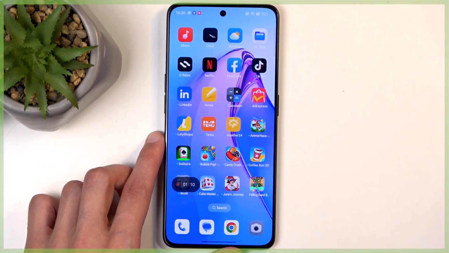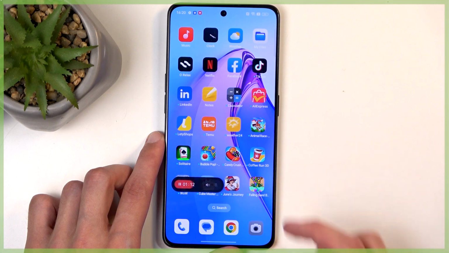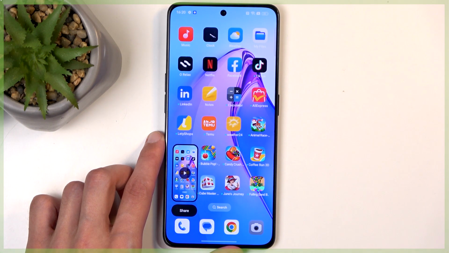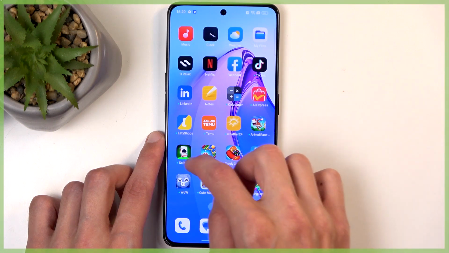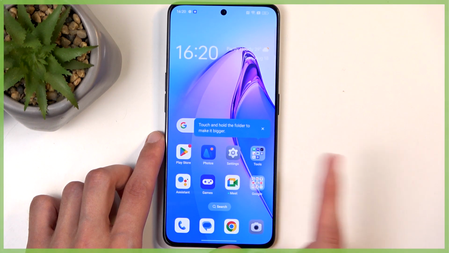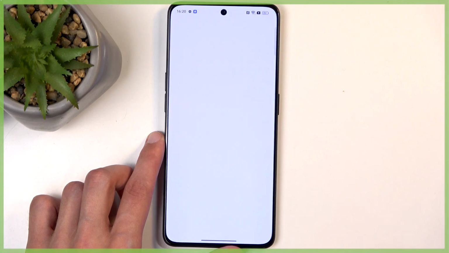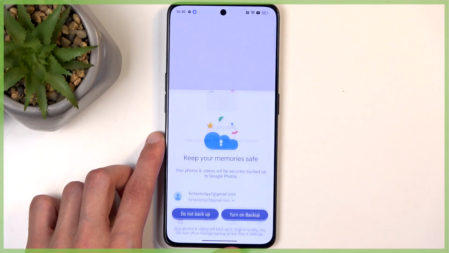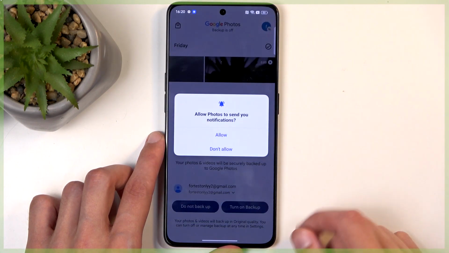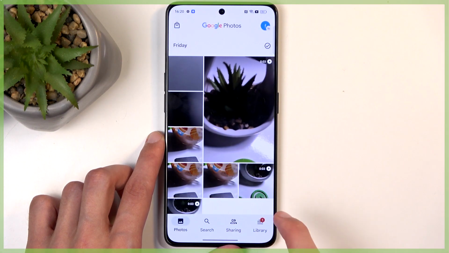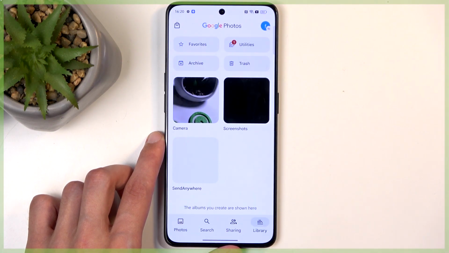Great. So once you're done recording your screen, interact with this overlay and then click on the check mark. This will automatically save your screen recording to your Photos application. Now let's find Photos, and it is in the Google folder. Just select allow, whatever, cool. Don't back it up. And in here we're going to navigate to a library and